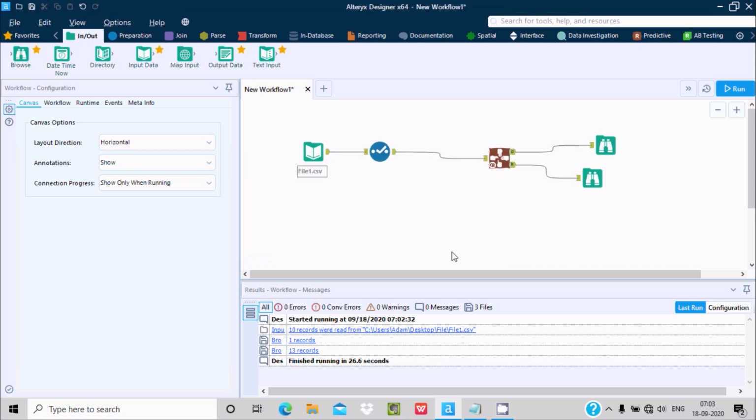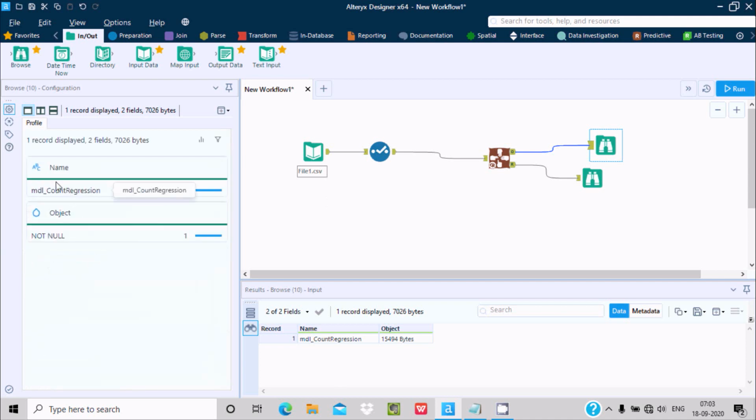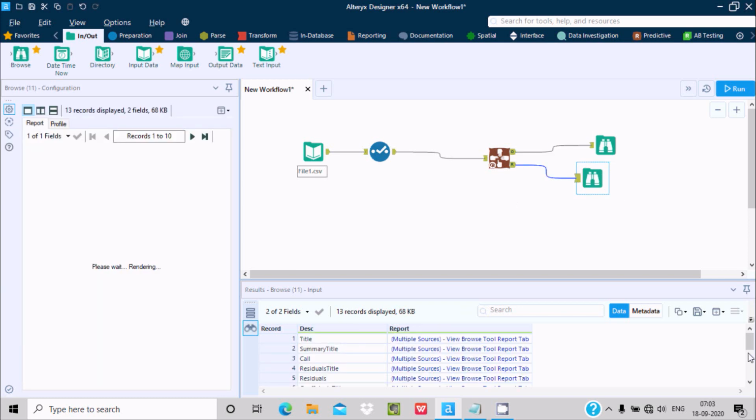Now let's click OK, and you can see the details. It took 26.6 seconds. Now let's go to output. Here you can get the name and object, and if you click on this, you can see